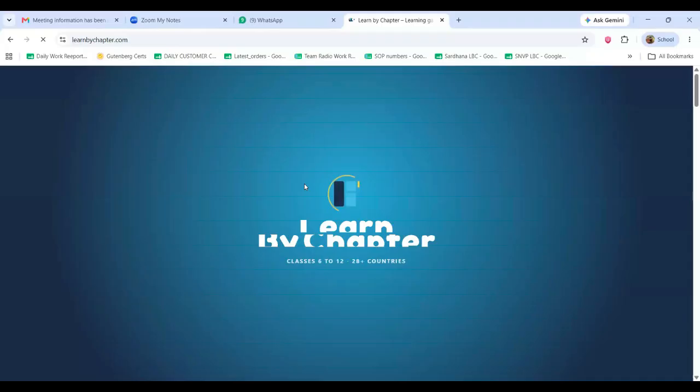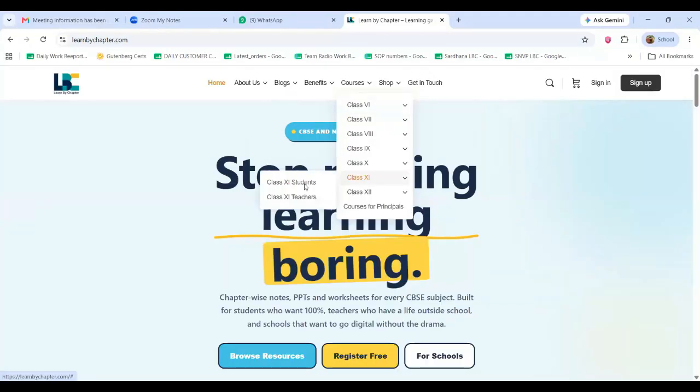Like in class 10, I clicked on class 10 teachers. There are many courses available for class 10 teachers. Class 10th English, Hindi A and B is available. Class 10th Mathematics is available for teachers and students as well. Class 10 Science student and teacher courses are there. Once you click on any course, then course resources and topics will be loaded. What are the courses available?